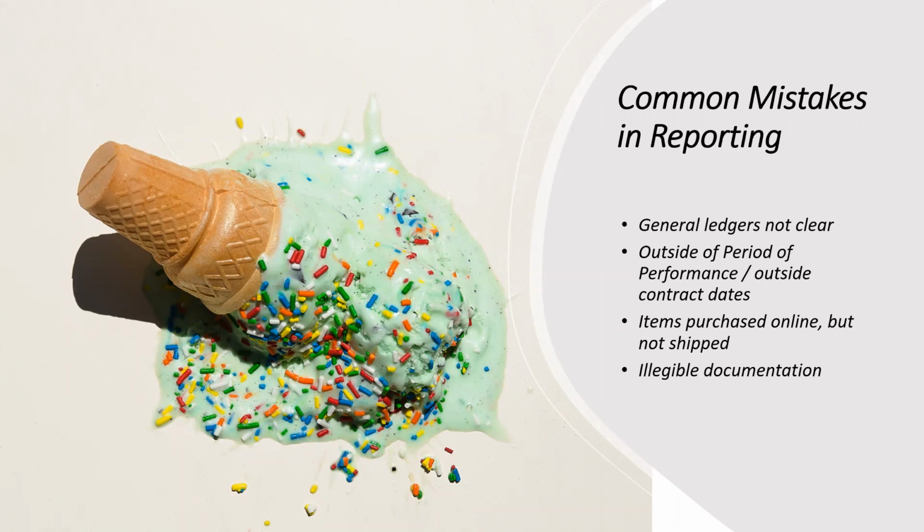I also commonly see illegible receipts or invoices come in. There are blurry pictures or even incomplete ones. If a receipt says page 1 of 2, but there's no second page, unfortunately, I have to bug you for that second page. If you cannot read the receipt, we can't either. If you need help learning how to scan with a smartphone or need any kind of technical help with Adobe or whatever PDF software you use, please reach out. We're more than happy to help you and oftentimes are learning ourselves.